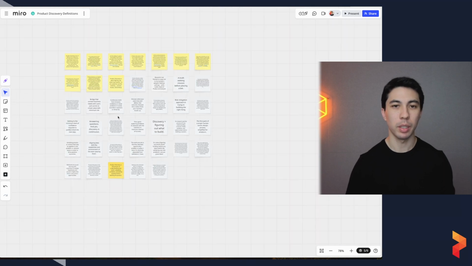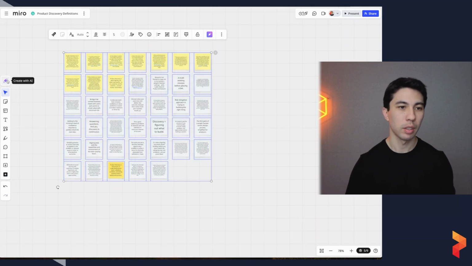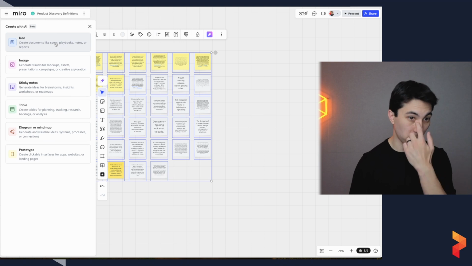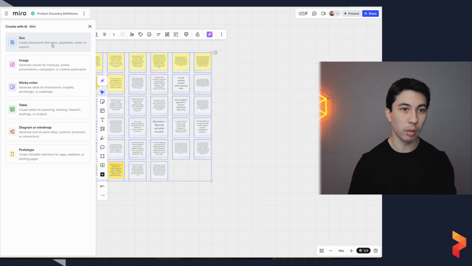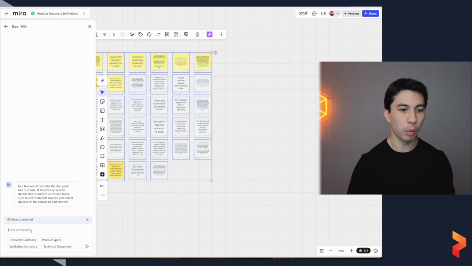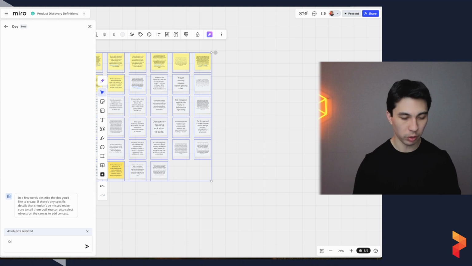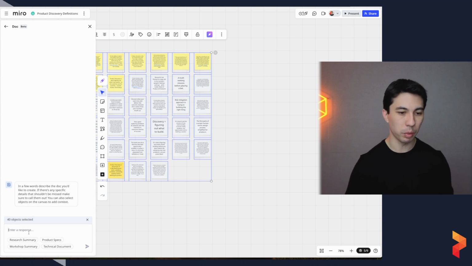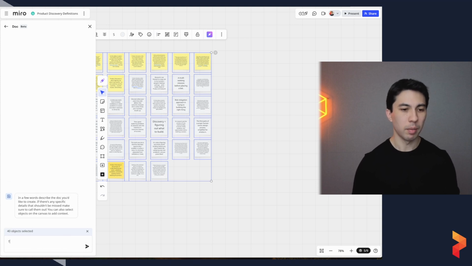And then we will highlight all of this and we will get it to, I want it to come up with a doc. And I want to ask it, research summary. So create, that was pretty close. Do we want to, no, we'll create a research summary document that